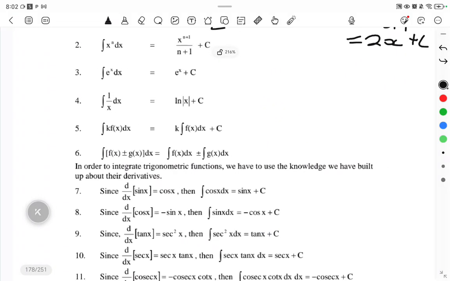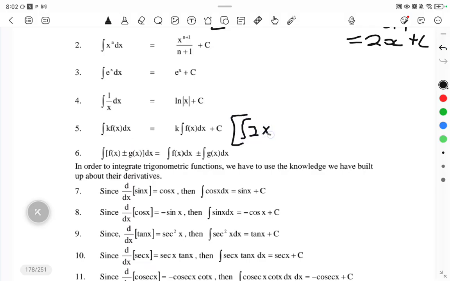And then when we come to this one of ln x, this one of ln x plus c, I think I've discussed this. For the time being, we can skip it. And then this one,